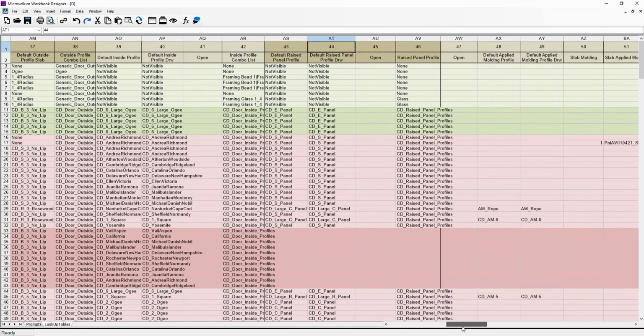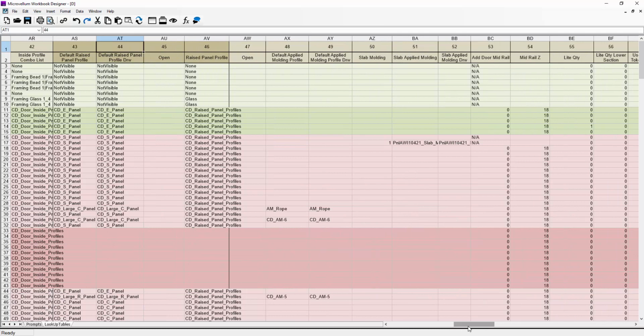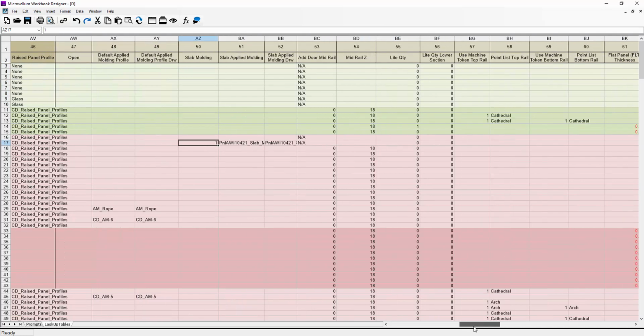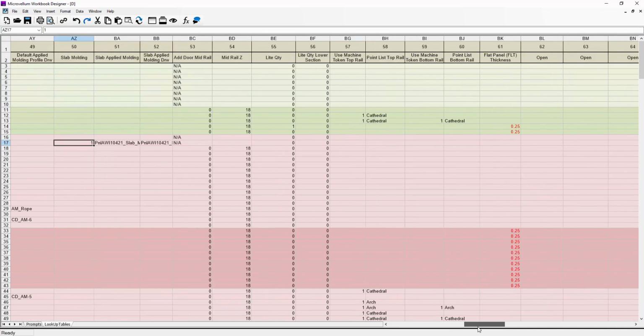Let's see here, 50, 51, 52. These are now for a new slab applied molding feature. So we'll talk about that a little more later. Let's see, 61